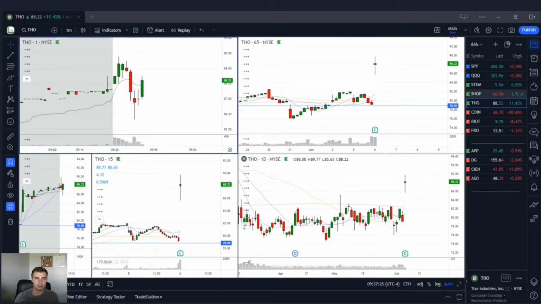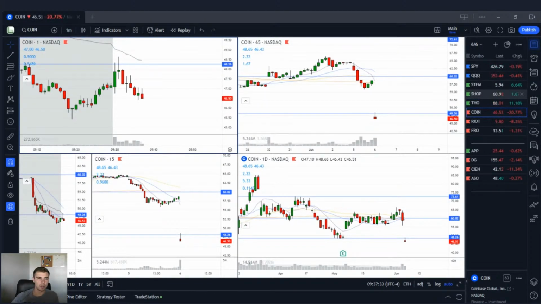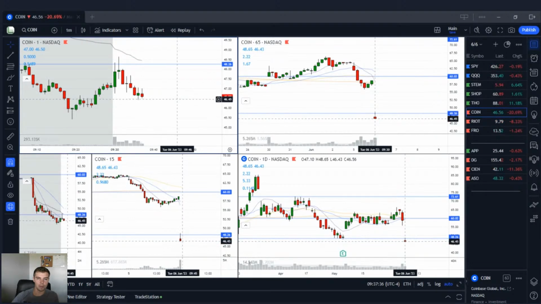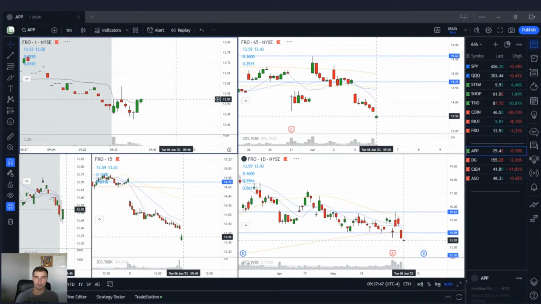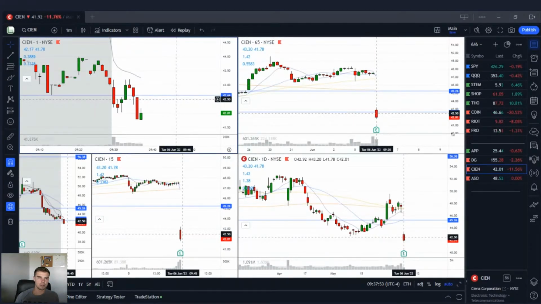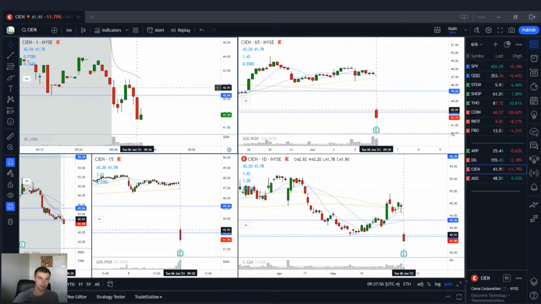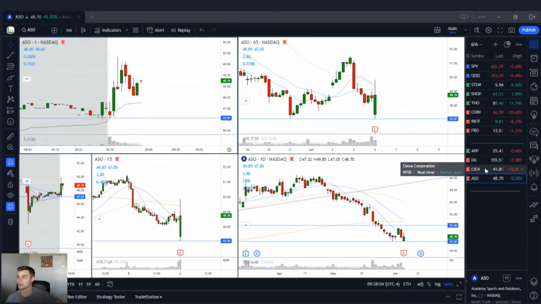Shopify's looking weak. The THO, man, that thing's already done a pretty wide range day. So I don't know. That thing is probably just going to chop around most of the day. Coinbase still looking lower, so keep an eye on that one. Riot is alright. Needs a little pattern, but definitely has room to go. Fro is chopping around. CN, man, that was not a buy or sell setup. That was 100% retracement, so not a sell setup there. It's definitely going lower. ASO does not look like it's going lower, so